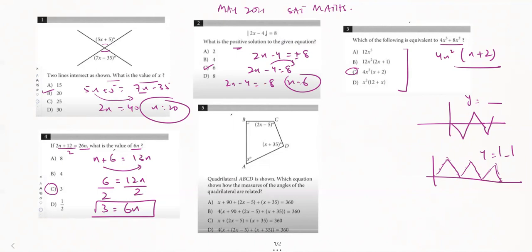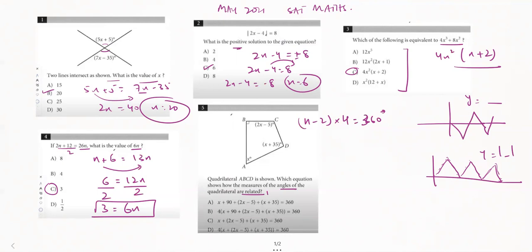Yes. Okay. Quadrilateral. Quadrilateral sides are 4. Sum of angles, if I use this formula, I would be able to find out that in a quadrilateral, of course, there are 4 sides. The sum of angles, internal or interior angles, would be equivalent to 360. Okay. So which equation shows how the angles of the quadrilateral are related? So yes, how they are related.